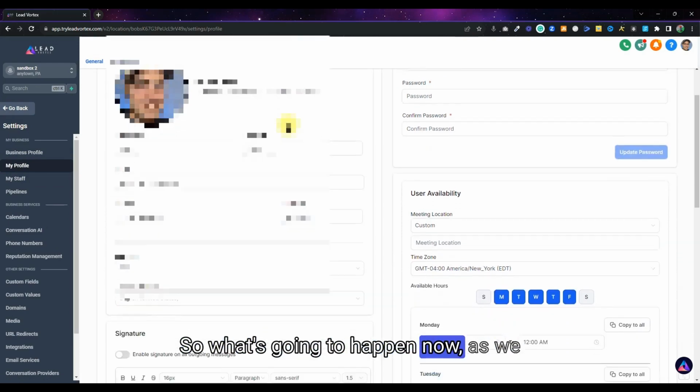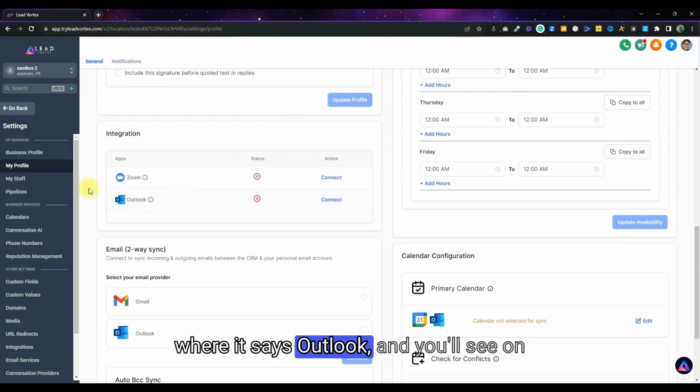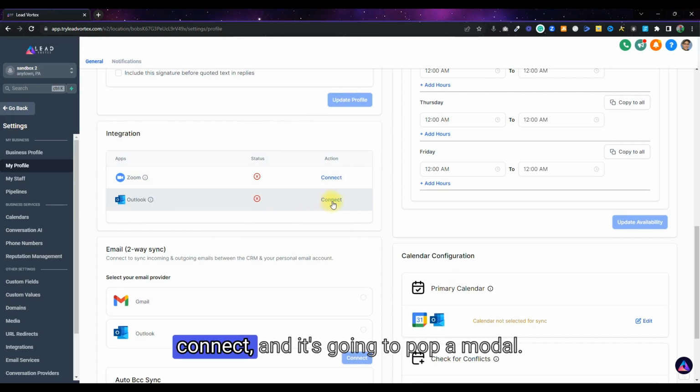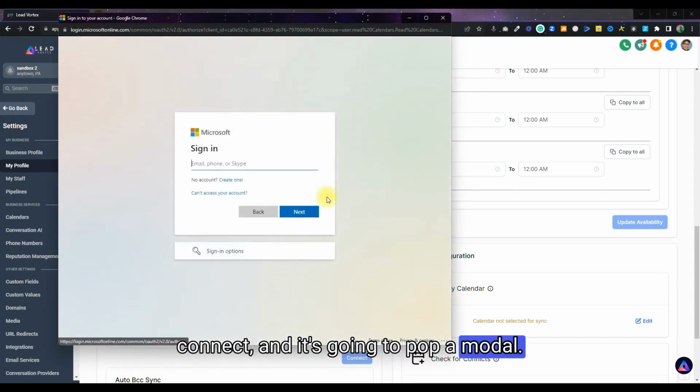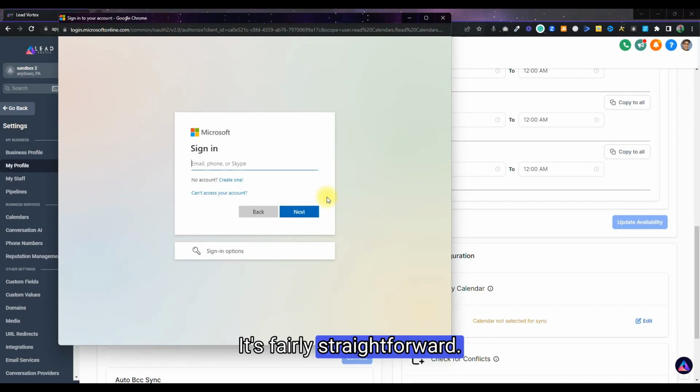So what's going to happen now, as we come down, you'll come down here to where it says Outlook, and you'll see an integration down here for Outlook where you can actually go in and click Connect, and it's going to pop a modal. I don't have an Outlook account personally, but what you would do is you would sign into your Microsoft account and sign into your Outlook account. It's fairly straightforward, and it would be a very similar process as hooking up your Google account to get that